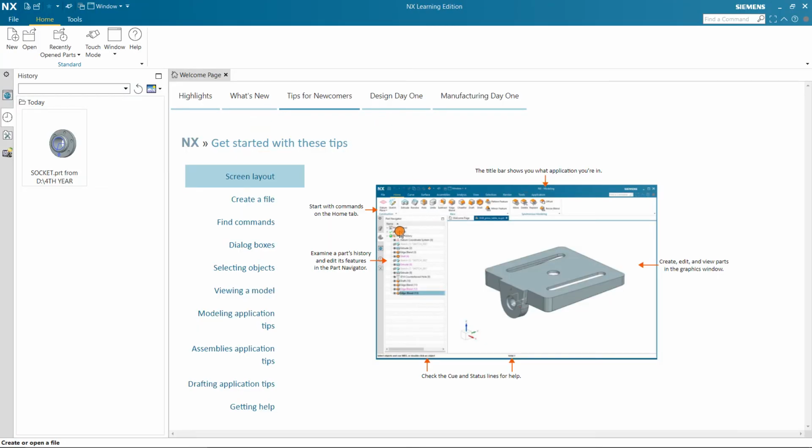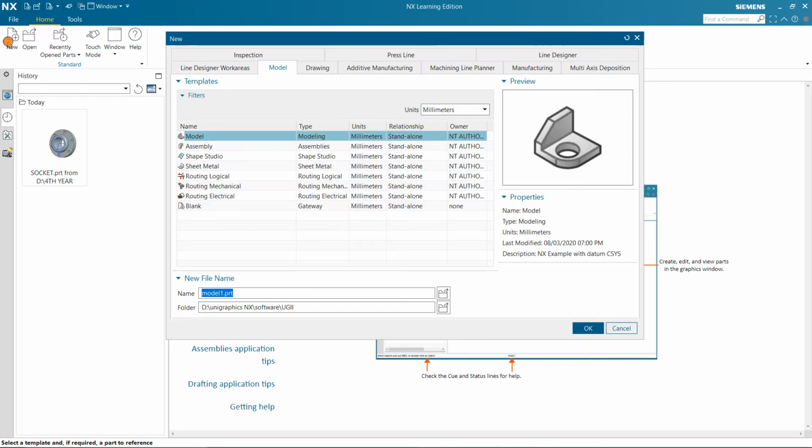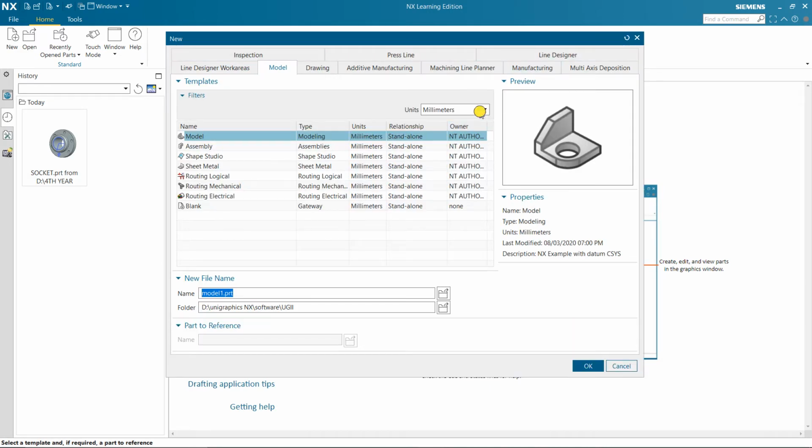You will get an interface like this, and to start our design, go to New, and before that you have to specify the units. For the student version they are giving only 2 units, mm and inches, so I am specifying millimeters, and just name your model and give the destination folder.